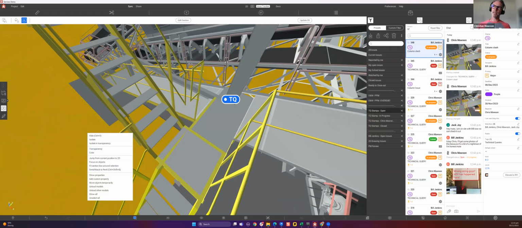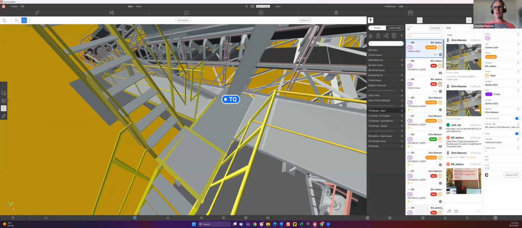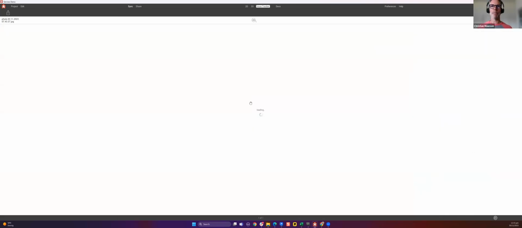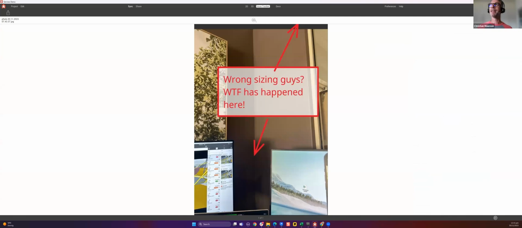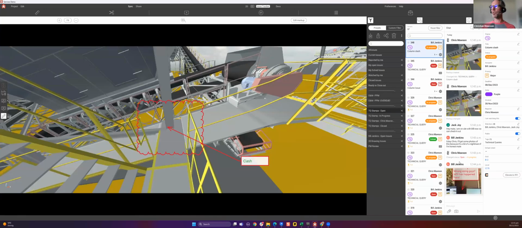So just in the chat here, you can see Jack's been busy with some chat in here. We can chat between ourselves and we can attach things like photographs. This is what Jack's just done. So super handy, super useful on the site. So you've got your mobile app, you've got the model up, you can create a stamp, a TQ in the model. It will instantly be pushed up to the cloud